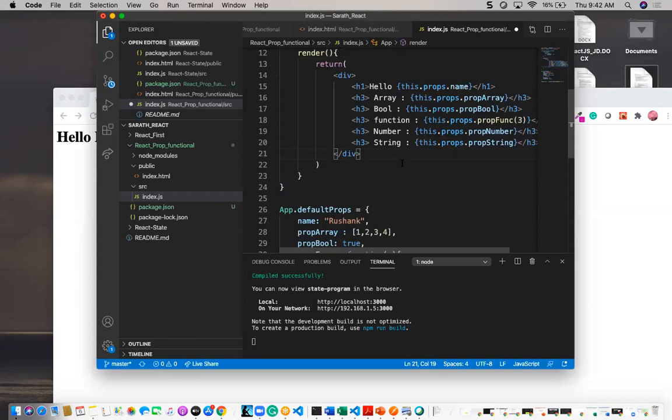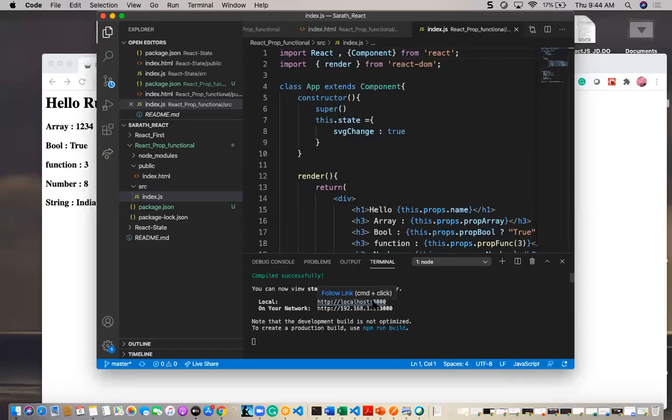One second. I think I have to declare the prop types. While the component is loaded, these prop types are used to validate the properties whatever we are giving.